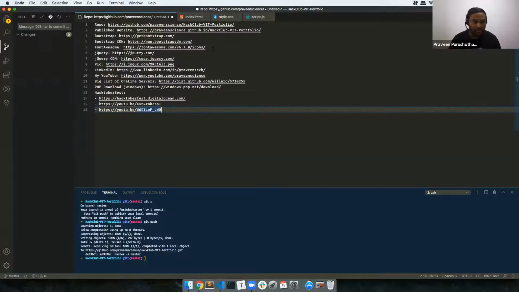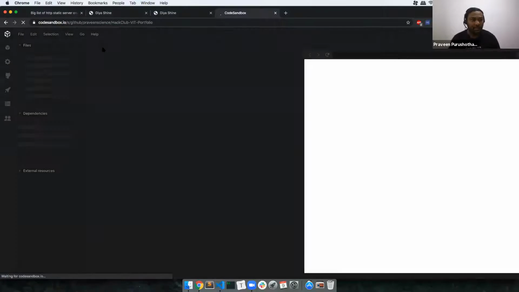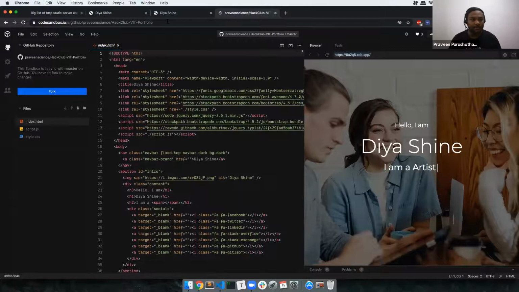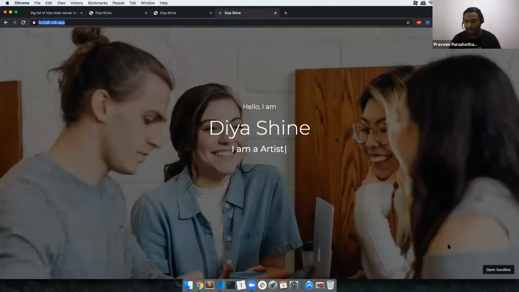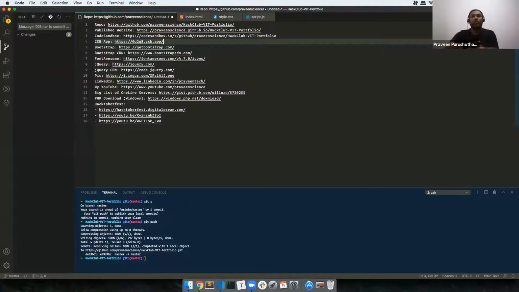So for the published website on CodeSandbox, all you need to do is use this particular link. If you try opening this link, it will pull the code. Boom, it's published here. That's done. The CSB app is here, so we have this app published. Two ways I have told you how we can publish the site. Number one, using GitHub Pages. Number two, using CodeSandbox. Both ways you can share the code with anyone. Clear? That's been covered as well.